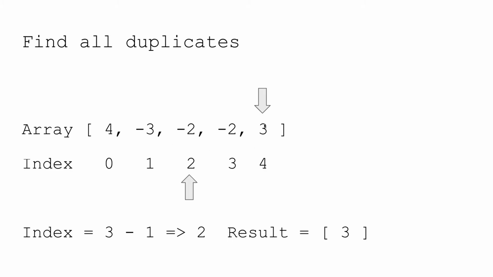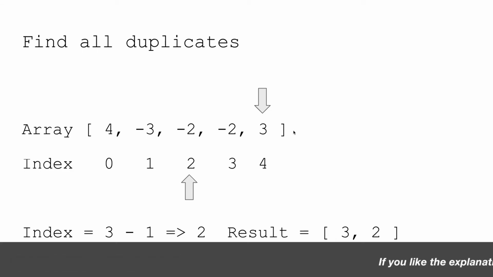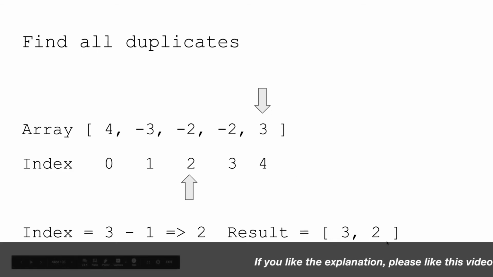Now the next number is 3. From here we'll get our index 2. And at index 2, we again see a negative number. That means this is also appearing twice in this given array. So we will simply add this to our resultant array. Okay, now we have 3 and 2 as a result. And now as we have reached the end of the array, we can simply return 3 and 2,